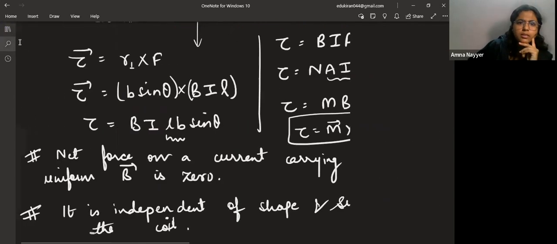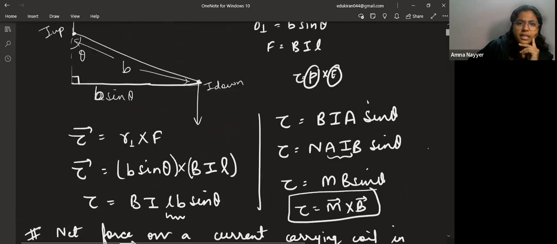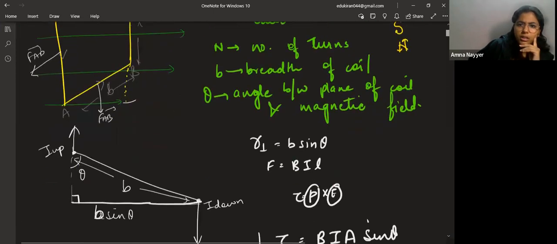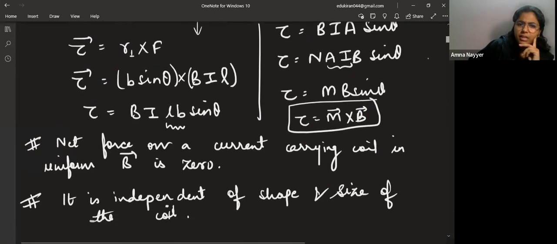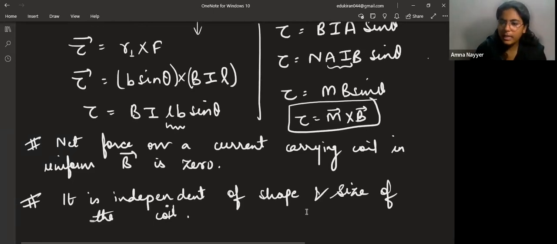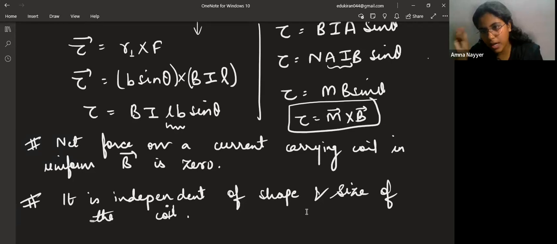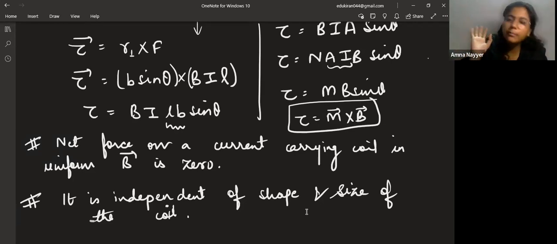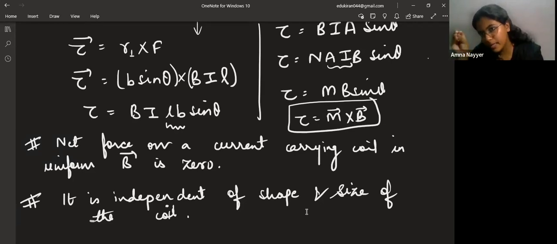Okay, torque's formula, you should remember; the derivation is not a part of it. You shouldn't do the derivation right now, that is of no use to you. Just remember the formula: magnetic moment, which you have studied right now, multiplied by the magnetic field. That gives you torque. Now, net force will be 0 because all the forces on the loop will be cancelling